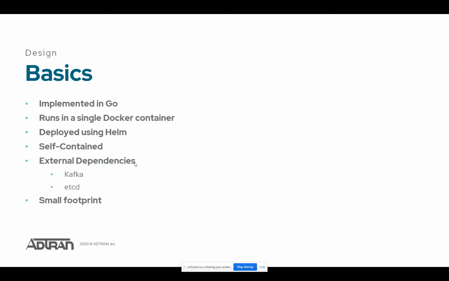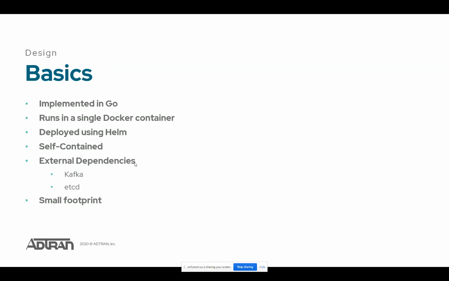So I want to start first with some basics. It's implemented in Go. It's a single Docker container. We are deploying it using Helm. This is everything like Volta and so on is also done, but it's very much self-contained, which means that you don't need much when running